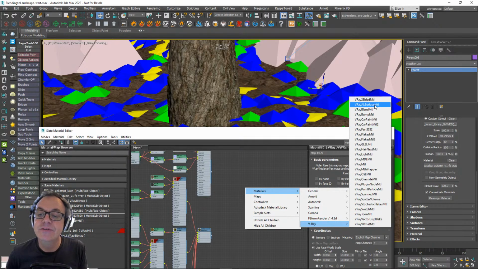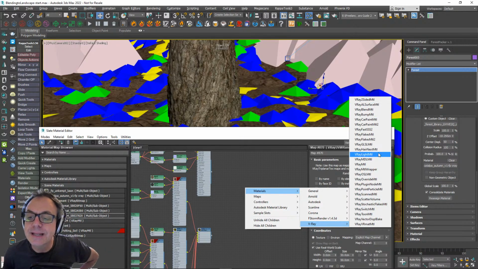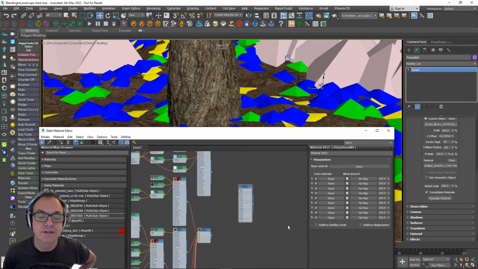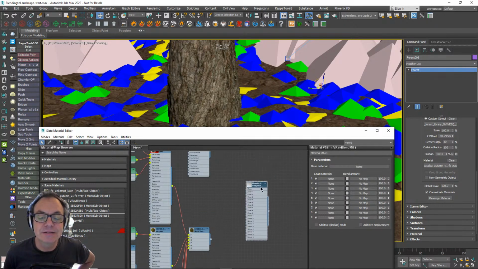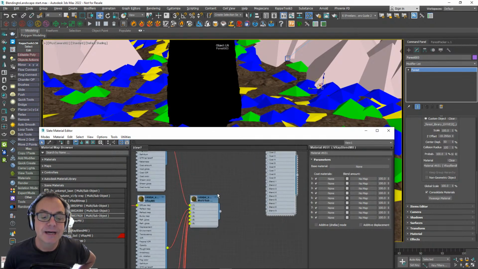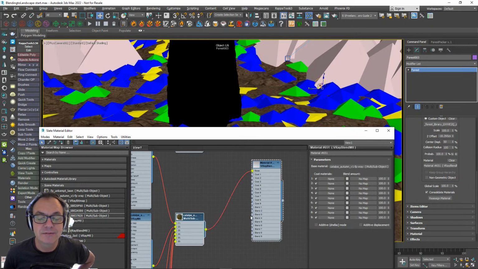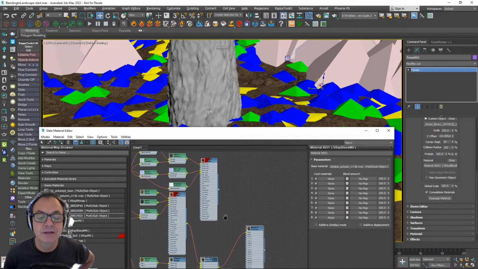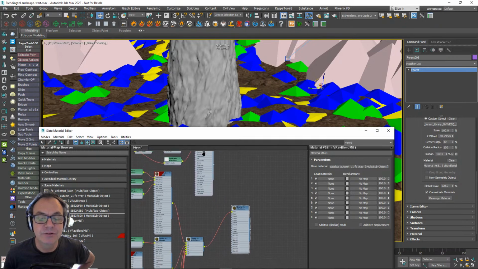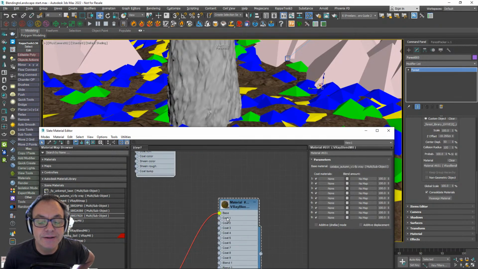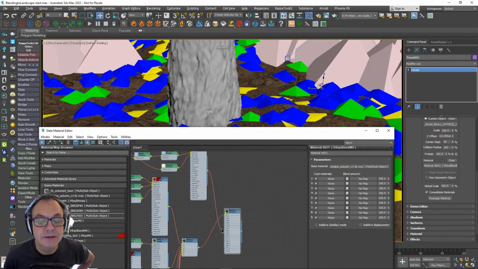There we go, a V-Ray blend material, and there it is. So I'm going to take this and replace the original tree material in Forest Pack, just drop that into there. Now I'm going to take the original tree material and put it in as the base, like so. Then I'm going to take the ground material and put that in as the first coat, like so.